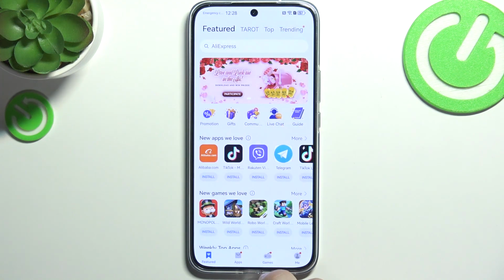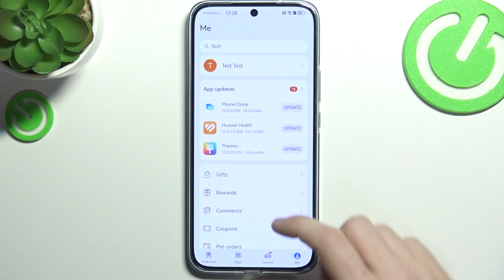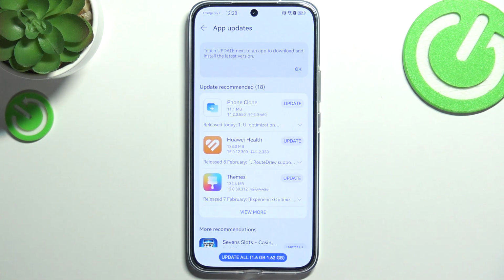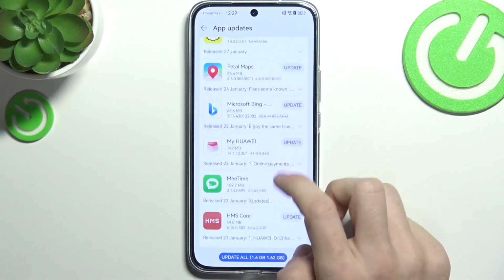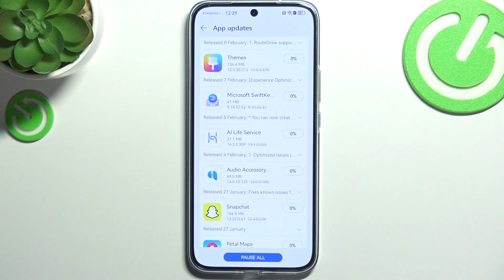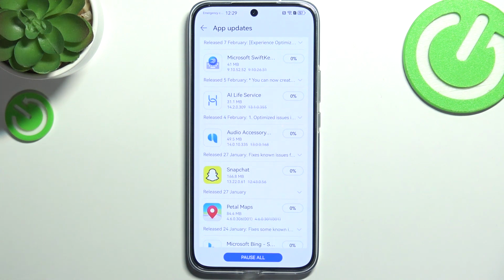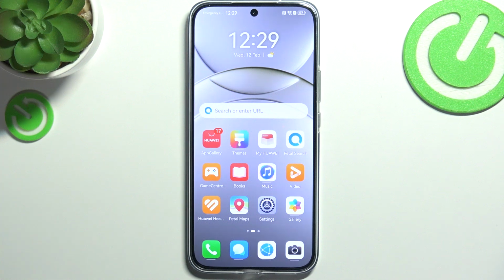And let's go to apps or me. Yes, and app updates here. Then I'm gonna update all because I want to update all of my apps so they have also the newest security fixes and newest features. So let's update all of them because they may be really useful when updated, and some apps will just not work if you don't update them. So now as it's being done, we can continue with doing other stuff where one of them is gonna be